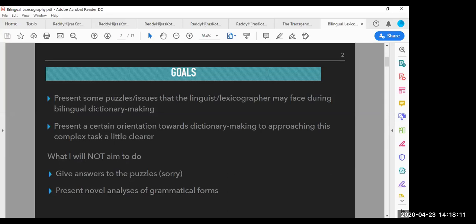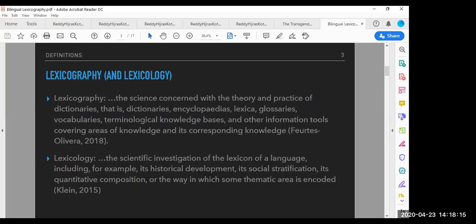Okay, next slide. So I also want to establish that this is a very, very complex issue, as I said, and my talk will simplify it a great deal, and maybe it might even be simplistic sometimes, but that's just the nature of the talk that I'm trying to give. So, okay, next slide. No, actually, yeah, just stop here. Yeah, sorry. So what is lexicography?